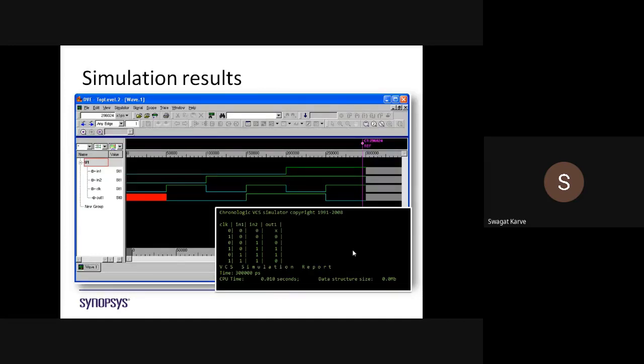Again we will perform different VHDL practicals and some Verilog practicals, so that you will understand how to write code and how to execute it using Xilinx software. Okay, all of you clear with this? Yes, sir.